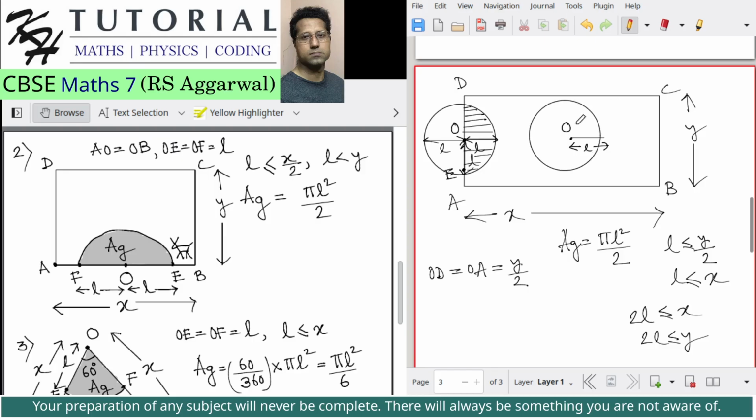So this will be, if the animal is tied at the point O somewhere inside the rectangular plot,